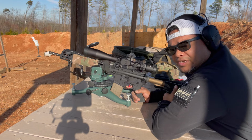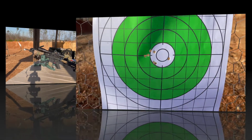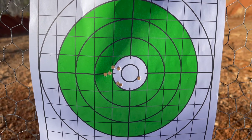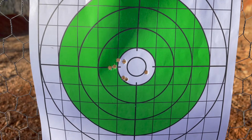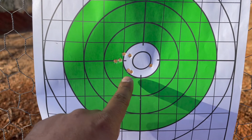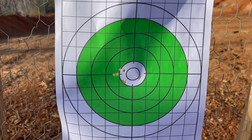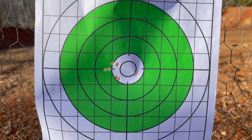Let's go down there and see what the group looks like. So stay tuned. All right, guys, here's the target hit. Like I said, about 25, 30 yards. Still need to move a little to the right. We did have one flyer here. So we got 1, 2, 3, 4, 5, 6, 7 shots in the group here. And yeah, very nice scope, very nice reticle,